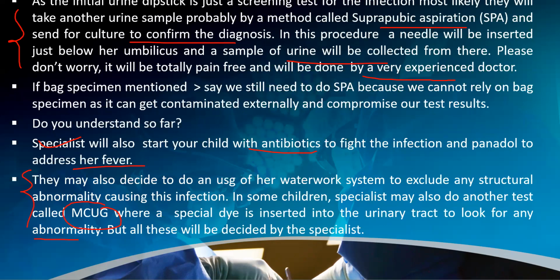And we don't collect urine in a bag because a bag specimen is very contaminated, and we can never rely on a bag specimen. Yeah, SPA, especially if the child is less than 12 months old and you need to confirm the diagnosis, then suprapubic aspiration will be needed. So it's not about recurrent UTI. For recurrent UTI, usually you have to do this ultrasound and MCUG, but